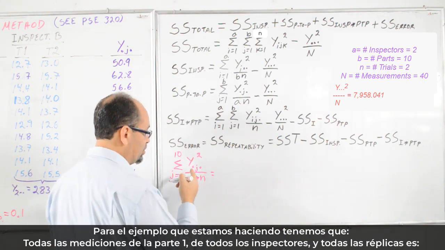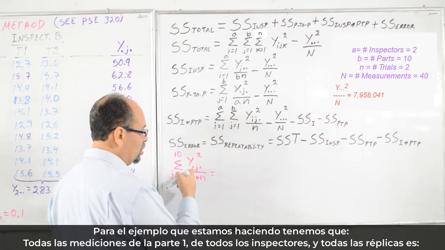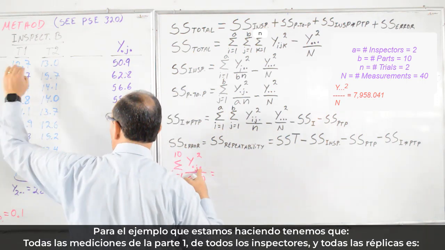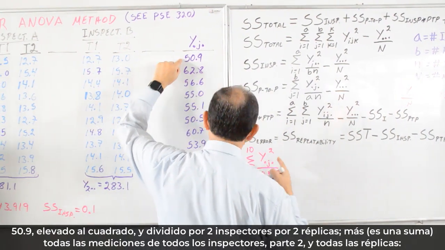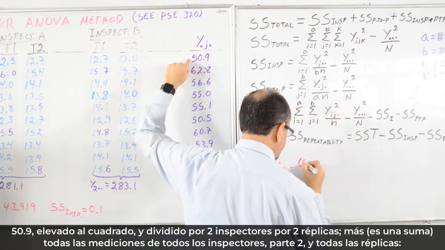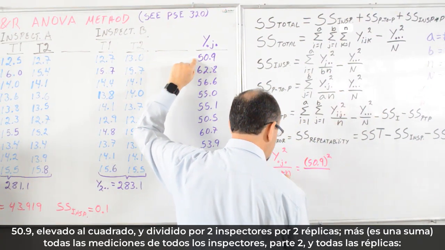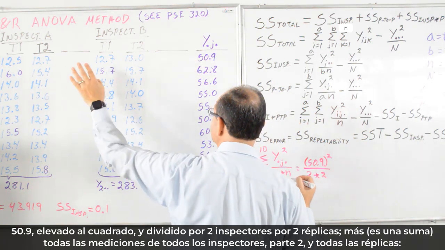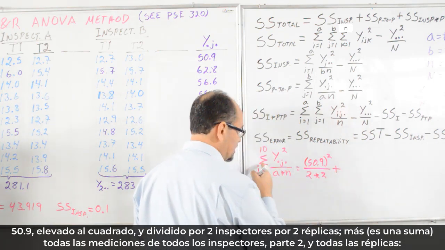For this case, we will have all the measurements for all inspectors, part 1, all the trials, and that will be 50.9 squared divided by 2 inspectors times 2 trials. Plus, because that is a sum,